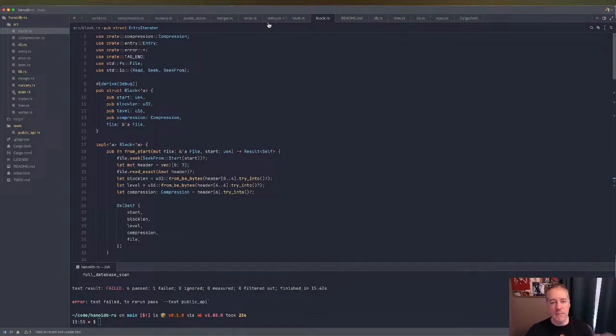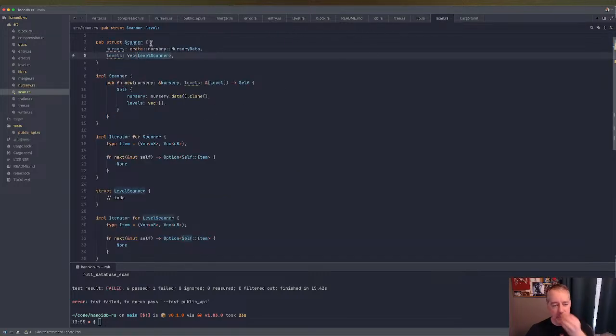Now we might have something like keeping track of the last key, such that we can go through the nursery and the levels that we're scanning and skip things that are not